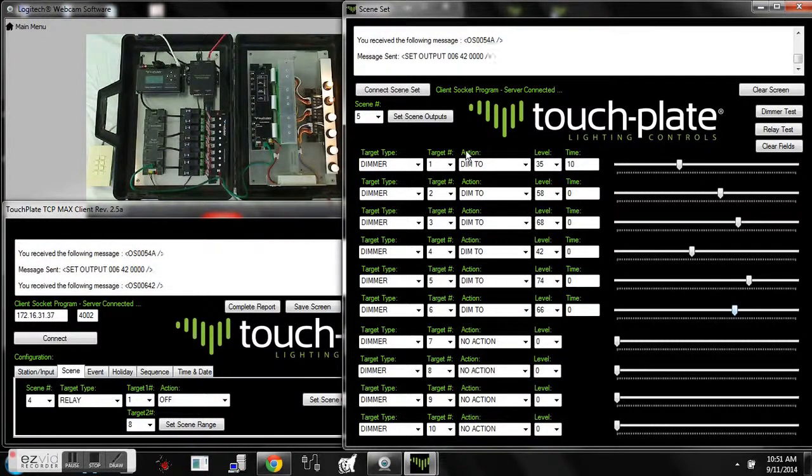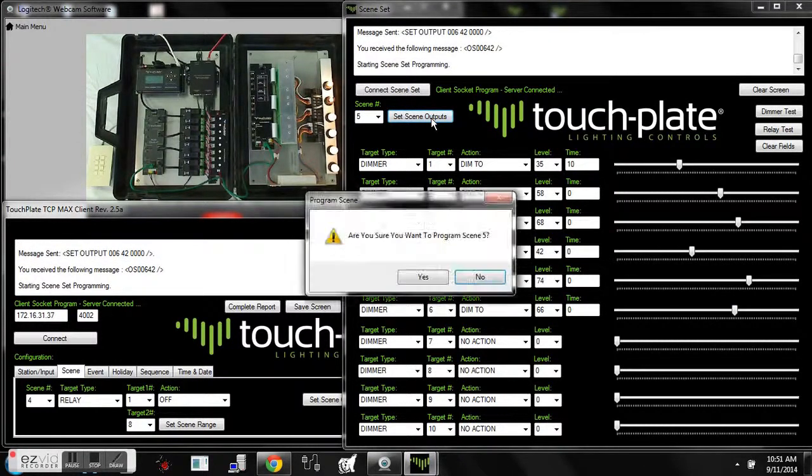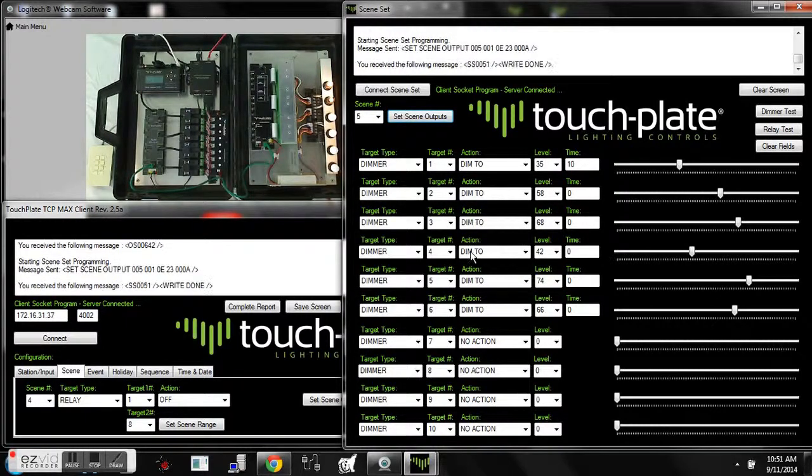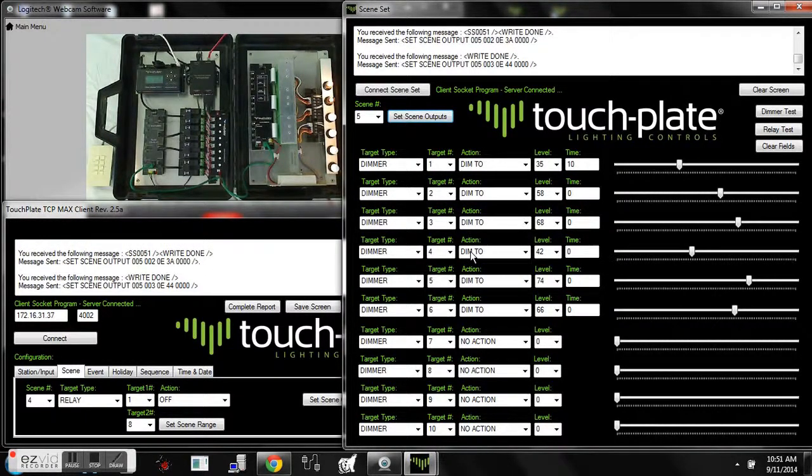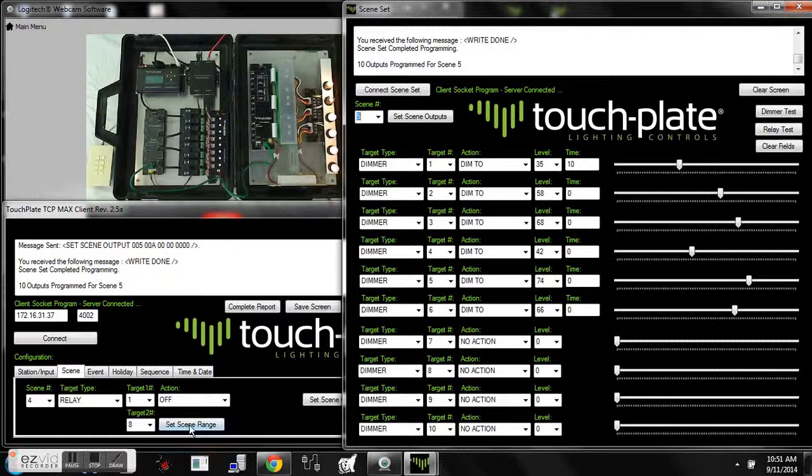And once you're finished with these selections, just go ahead and set a scene output. It's going to ask you if you're sure. Just go ahead and say yes. Now, if you know your preset levels for the dimmers, let's say they're dim to 100%, or if you know their preset levels are 50%, you can go ahead and use the set scene range tool. It's just as fast, if not quicker, to use the set scene range tool